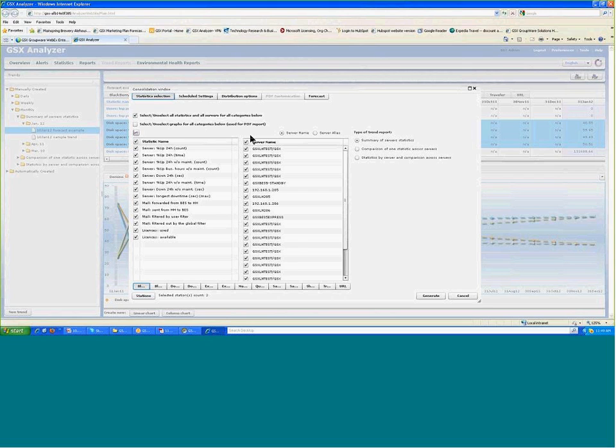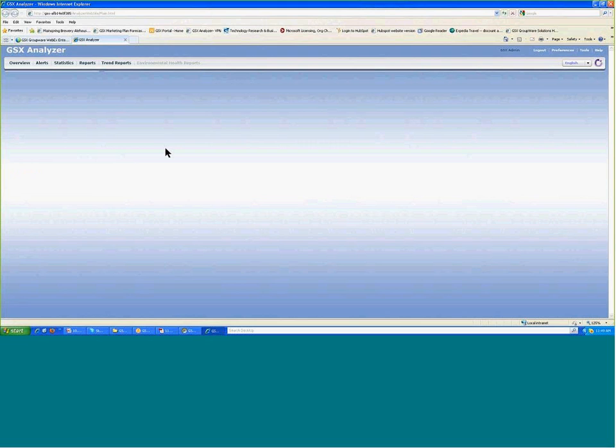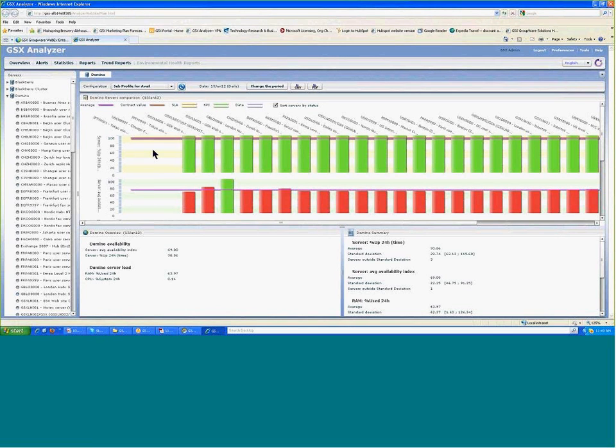It also happens to be the environmental health tab. We can establish, in this case, I'm looking at Domino availability for all servers at one time, and the SLA here, in the little tan bars, is server uptime in a 24-hour period. You can define whatever you want to be the statistic that is your SLA. Now, some make more sense than others, but we are going to let you do that. And the green bars below here are key performance indicators that make the SLA what it is, right? So we're green for everything, which is great, but our KPIs are in the red. So we're lucky right now. We'd better start minding the store on, okay, my availability index is falling